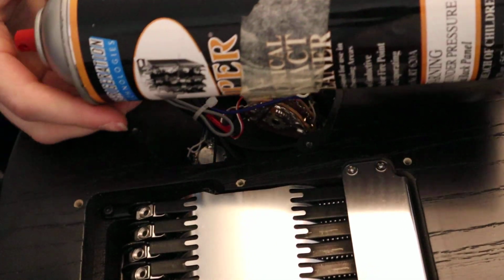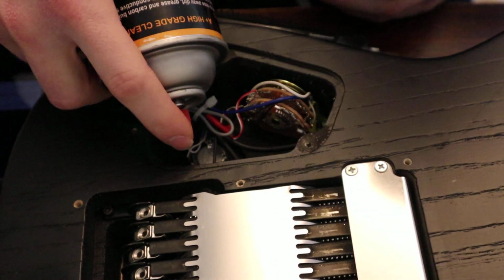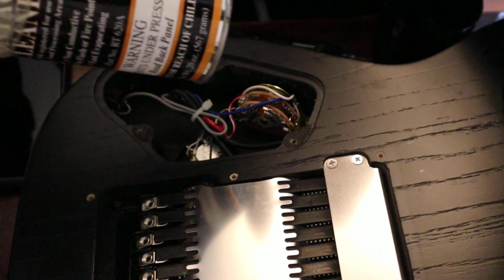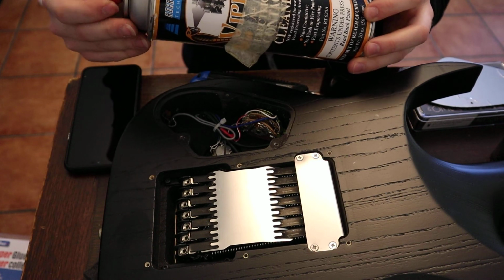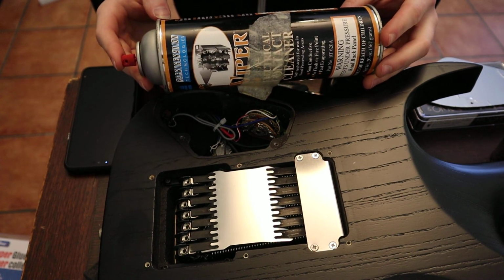This is contact cleaner, you can kind of see that. Any kind will do, and I'm just going to shoot it right into the volume pot here. Now you don't want to do too much of this contact cleaner stuff, okay? You don't want to do too much because this is a liquid at the end of the day,